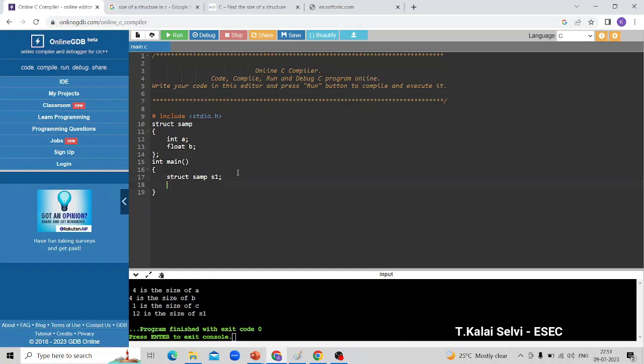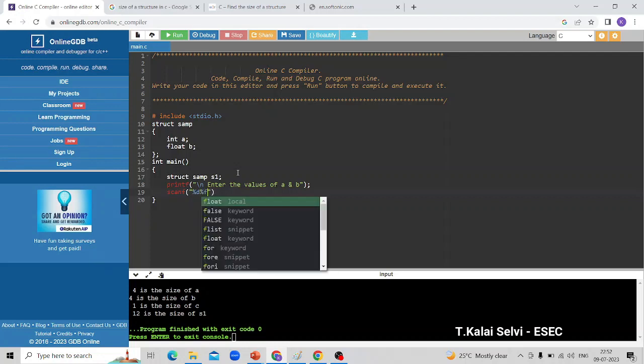So now I want to get the values for the data members A and B, and I want to print the values of the data members A and B. So for this I am writing the code here. Enter the values of A and B. This is an alert message to the user to enter the values. Now I am getting the input with the help of the scanf statement, %d %f, comma, ampersand